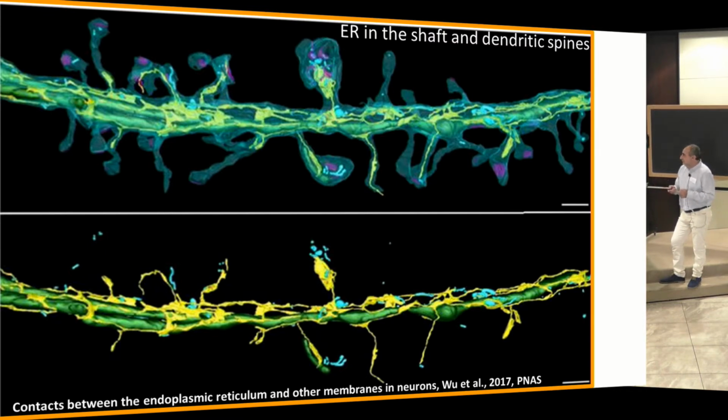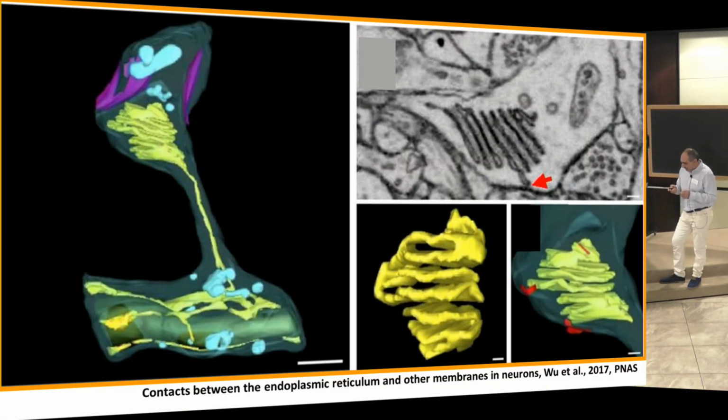And if you enlarge this area, you can see this structure. This is an EM picture, and this is like a model. It is called the spine apparatus. The spine apparatus can be connected to ER, but in most cases, like you see here, it is not connected. So it is a completely independent structure in the spine head or in the passage between the spine head and the neck. And it sort of blocks the easy diffusion.